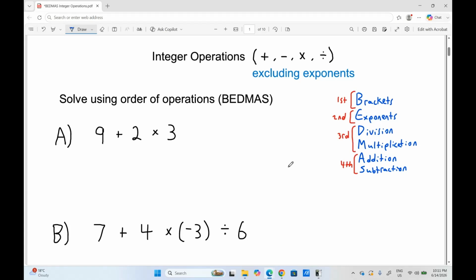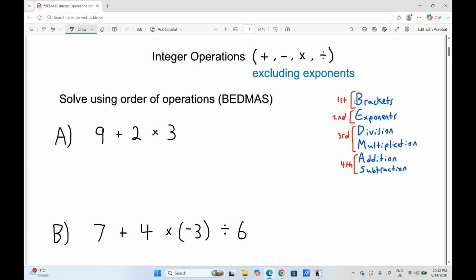Hi class, in this video I'm going to be showing you how to apply order of operations or BEDMAS in order to solve problems involving integers. So BEDMAS stands for brackets, exponents, division, multiplication, addition, and subtraction. So to solve a question such as 9 plus 2 times 3, I want to apply these in order of